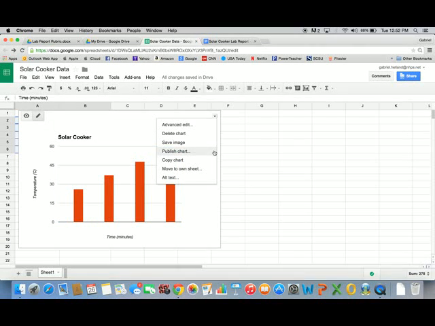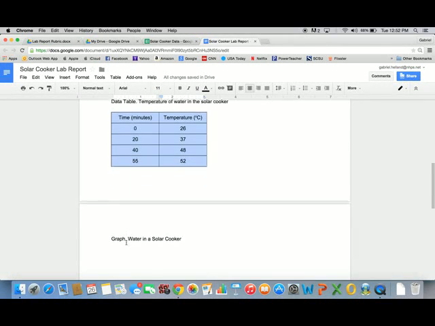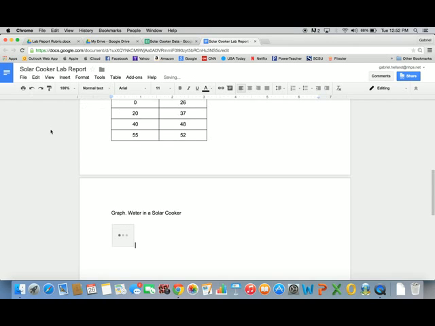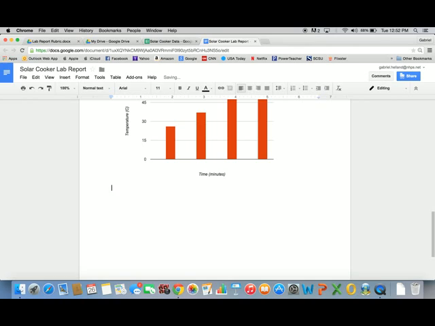But for now, I'm just going to copy the chart. And I'm going to put it in my solar cooker lab report. Like I say, I definitely don't like this as much as Excel. Edit, paste it in. Now I have my graph. Now I want to discuss my data. So looking at the table and graph,